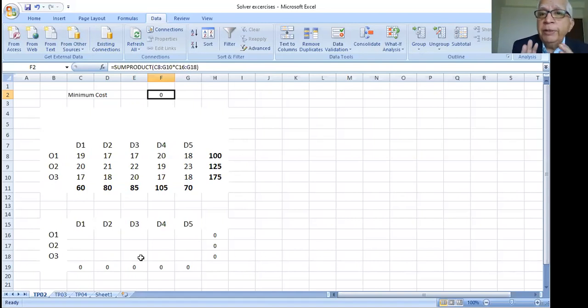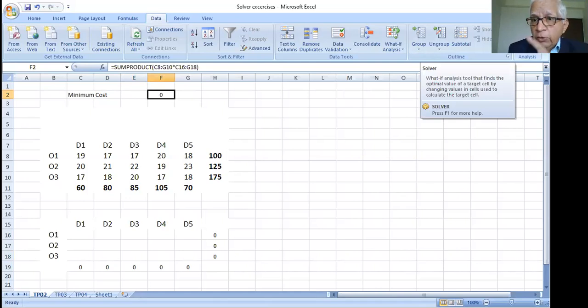Okay. Now this is the preparatory work. Before getting into Solver, this is the preparatory work. Now this is the cell which I want to minimize, that is F2. So I keep the cursor on this cell. Okay. Cursor is on cell F2 where the final transportation cost is going to be generated. Now I am going to the Solver tool. Okay. How to go into the Solver tool? Click on the Data tab. The Solver tool is shown at the end. So click on Solver.